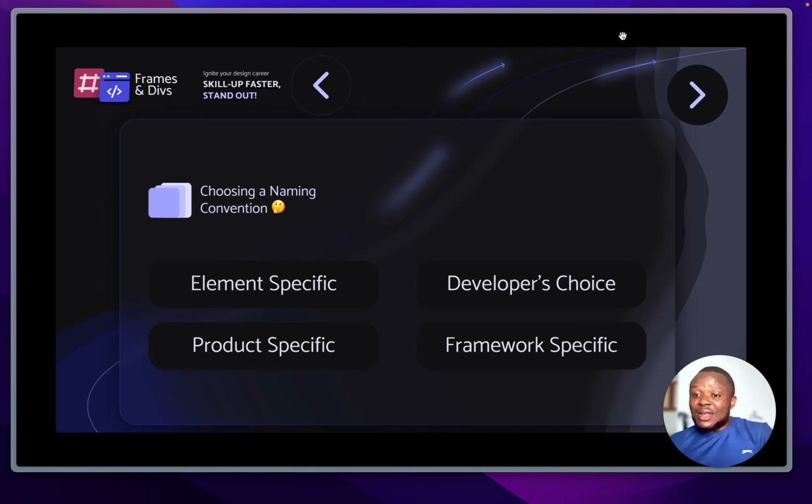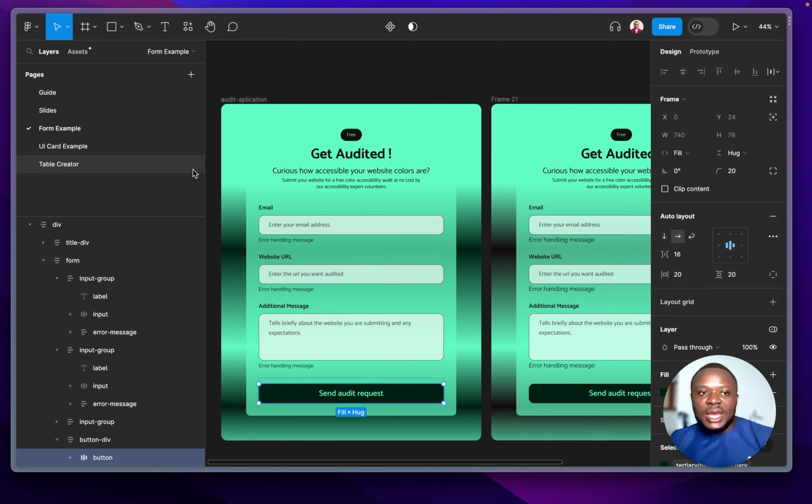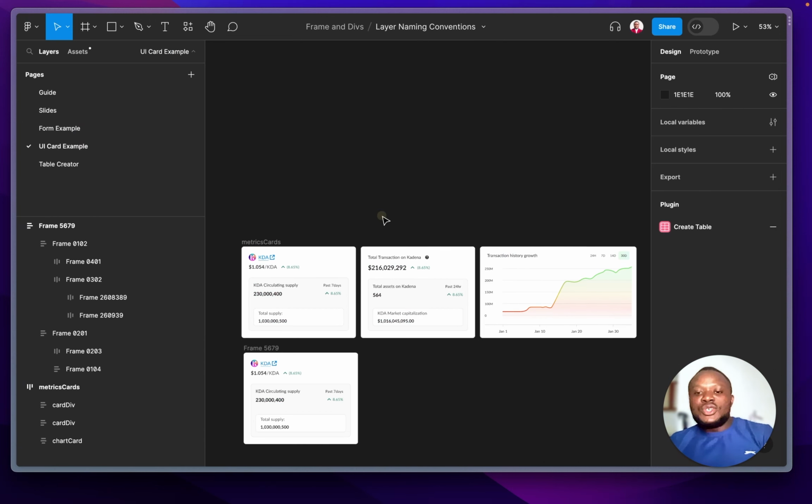Which also means they don't have to rename it, which reduces the workload for them. And of course, every developer will want a designer that reduces workload for them. So now, alternatively, you can have product-specific naming. So in our next example here, you see that there is this UI card